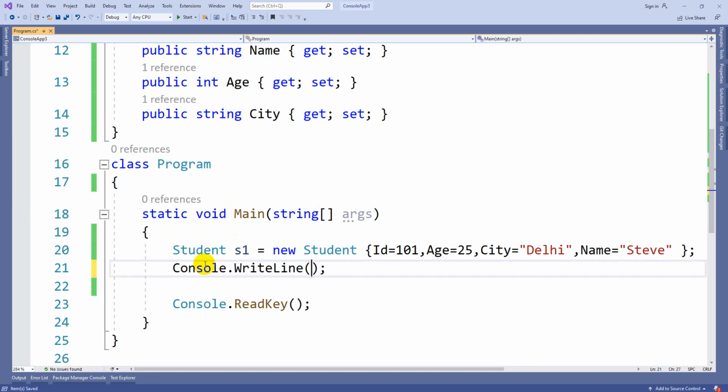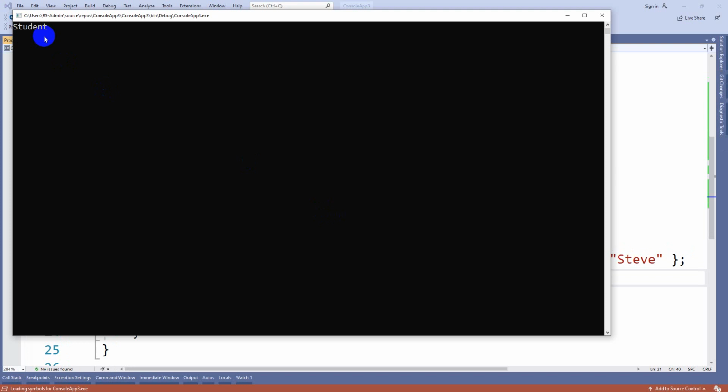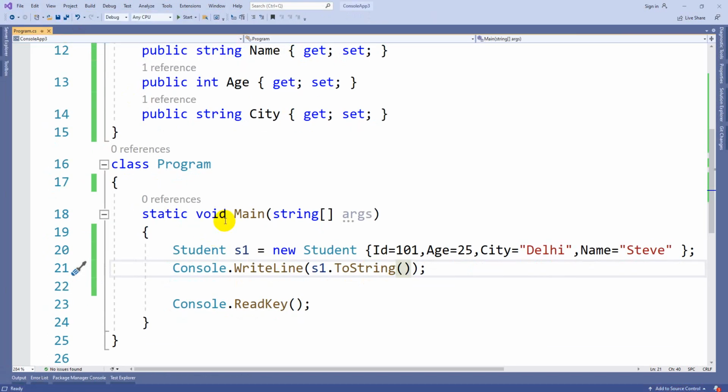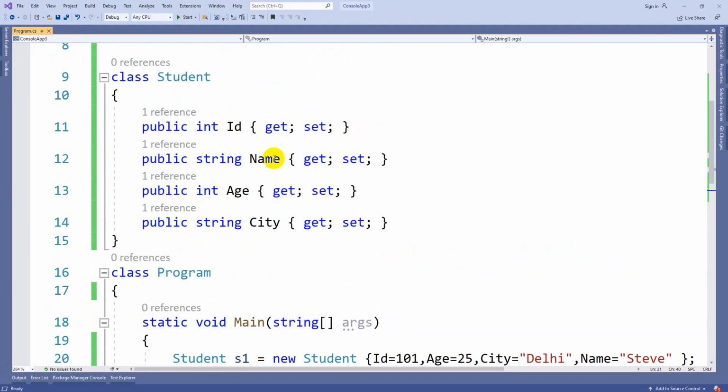So without modifying anything, s1 dot, there is a predefined method called toString. Whenever I execute this, you can see by default it won't print the values, it will print the name of that particular class. So you can customize this toString method. How to customize this?